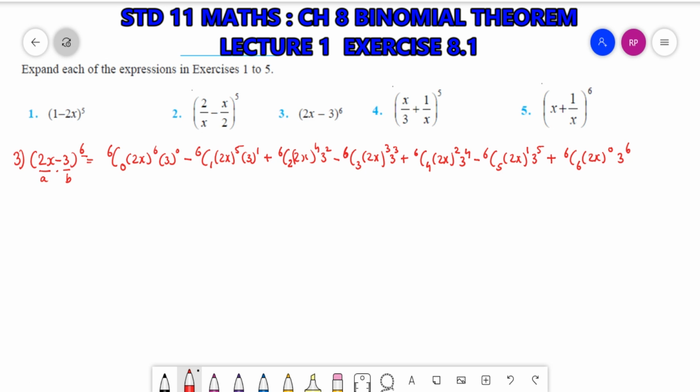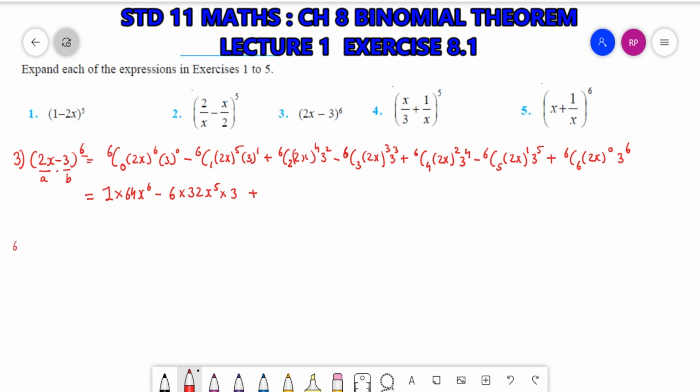Okay, so now 6C0, that is 1, 2x raised to 6, so 2 raised to 6 is equal to 64 x raised to 6, and 3 raised to 0 is 1. Minus 6C1, that is 6, 2 raised to 5, that is 32, x raised to 5 into 3, plus